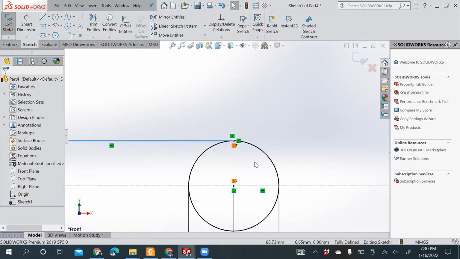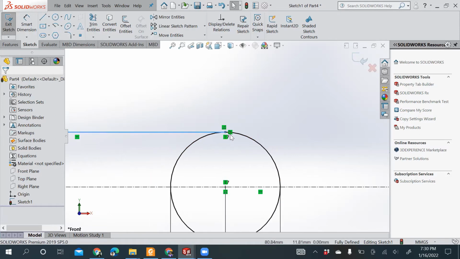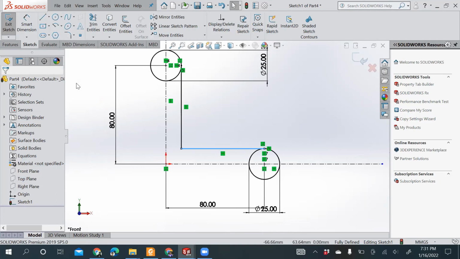Same with this particular point. This line is tangent to the circle because this relationship holds true here also. Further, we need to trim off this part and this part. You'll see why, just to create that mirror image.